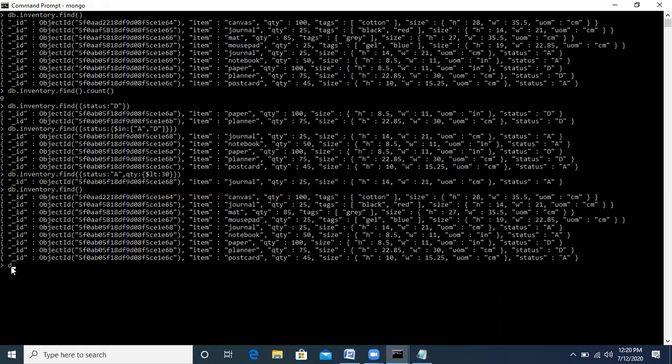Let me type it. It shows db dot inventory dot find, round brackets here, $or then colon, then here we had the condition on status equal to A, close this status bracket, comma, next for quantity colon, and the condition for this is $lt, value is 30.